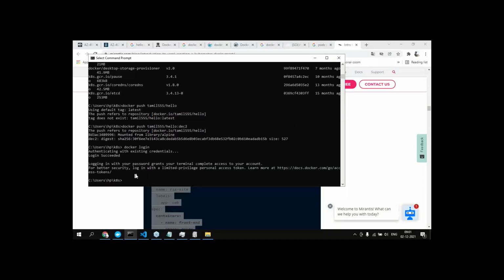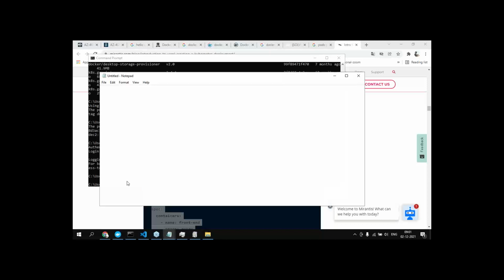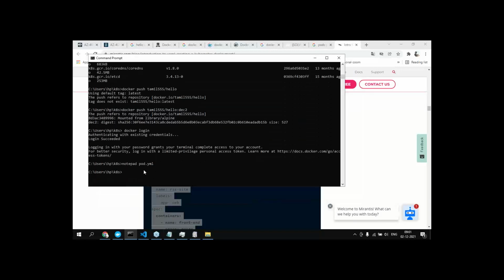In my system, Kubernetes is also running. I will create one YAML file, so I just copied the pod.yaml. K8s is the short form for Kubernetes. So I have copied the YAML file, and I'm running it to run the